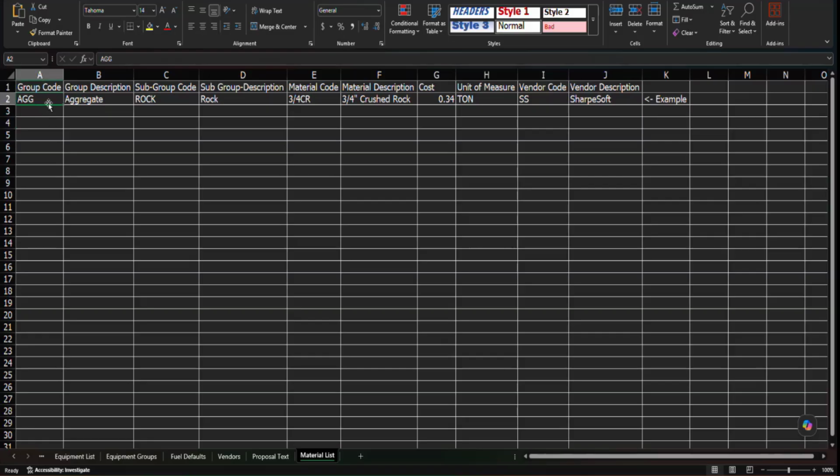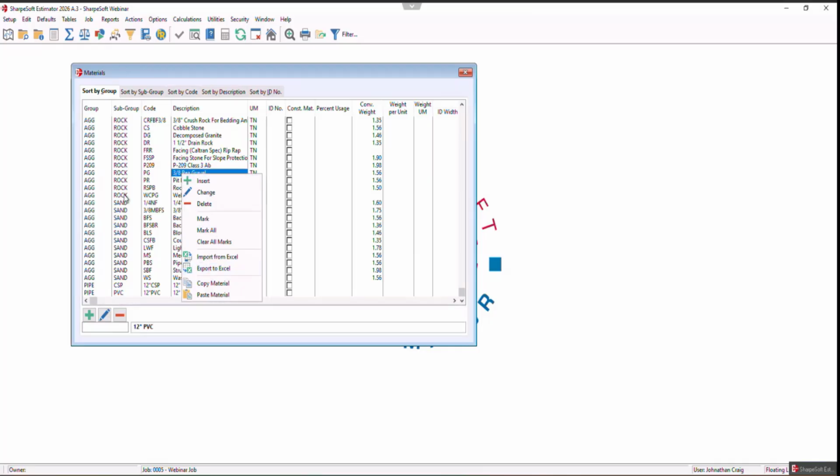So if your group is going to be AG for aggregates, that's kind of how that's separated. We have a subgroup code for rock. We have our material code for 3/4 inch crush rock, what its cost is, what the unit of measure is, and then the vendor code. If you don't add the vendor code, it will not add the cost, but it might create your actual detail inside the system. So I'm not going to go through importing a full one, as I've already covered importing items in one of our previous webinars, but I did want to let you guys know you do have that option